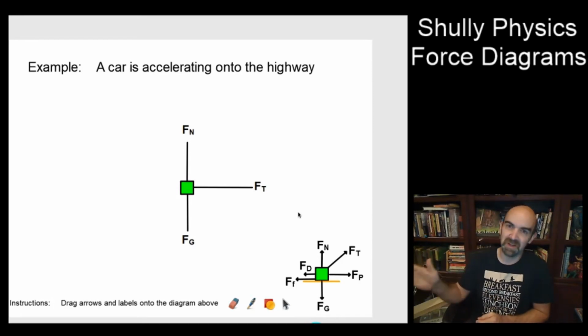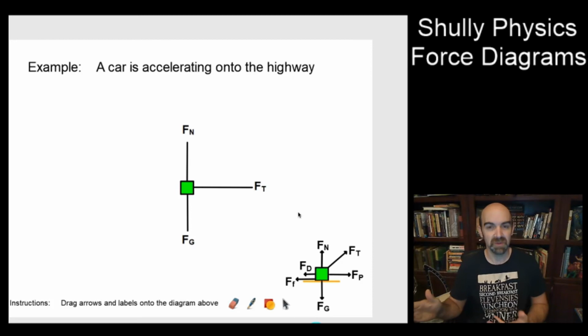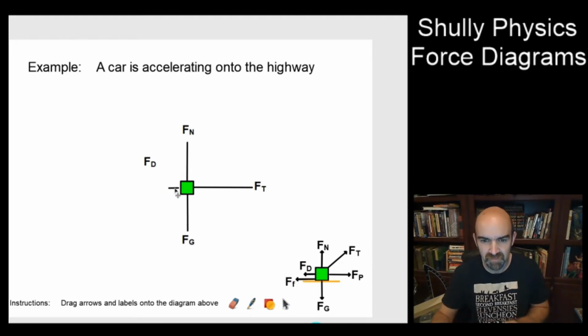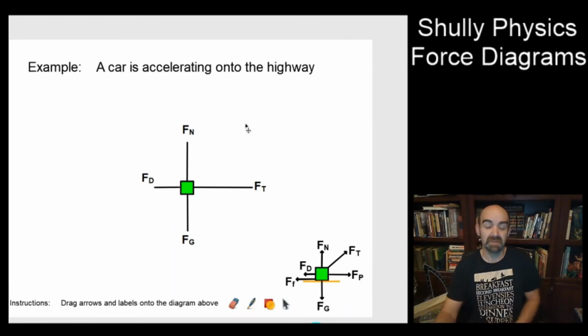But if you stick your hand out the window on a highway and you're moving rather quickly, you feel a lot of air. So as this car accelerates and gets faster and faster, the air resistance does increase. So I'm going to drag some drag over, and also going to try to get that arrow. There it is. And we're going to make this a little bit longer. Now, something about drag is